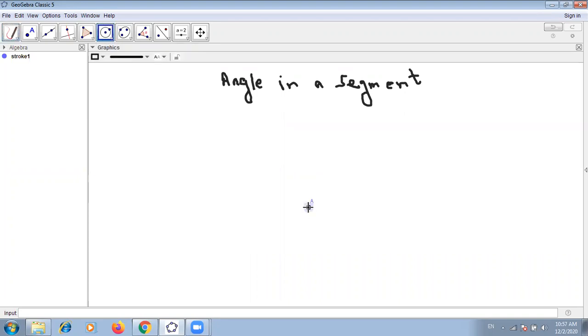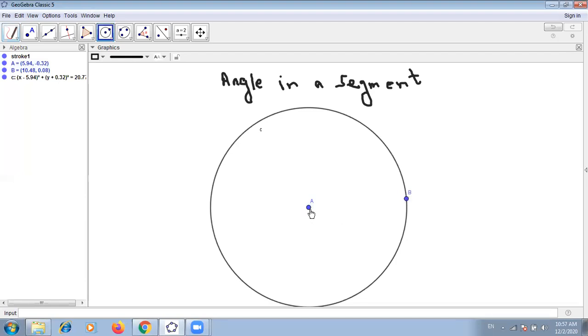So this is a circle, and this point is the center of the circle. The outer boundary of the circle, that is the perimeter of the circle, is called the circumference of a circle. The circumference can be represented by c, and its formula is 2 pi r. If you want to calculate its circumference, then it is 2 pi r.